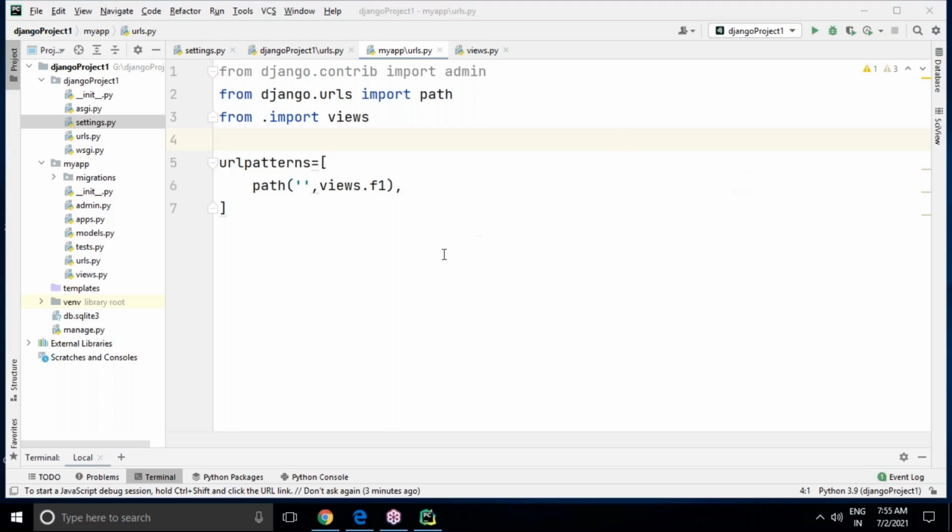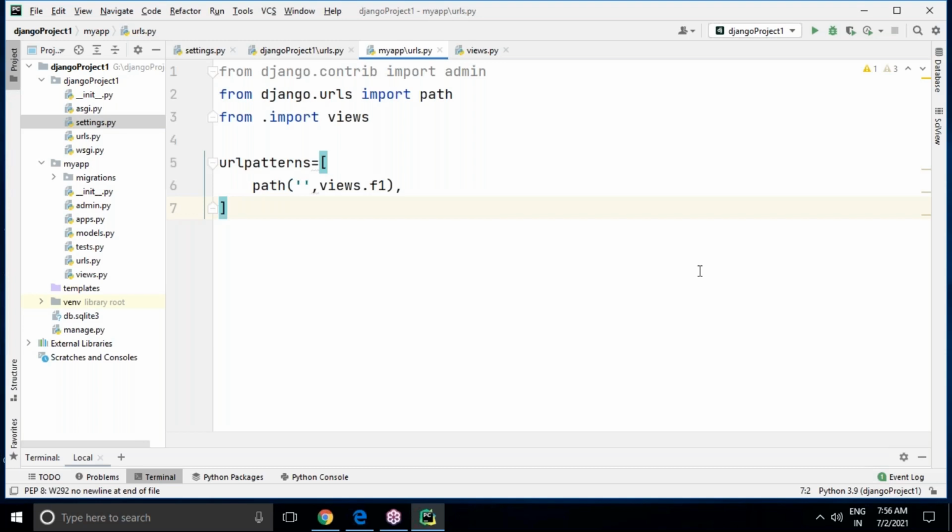Tomorrow's session will continue with how to work with multiple views in a single application, and how to manage templates, how to display a response in an HTML page. Right now I'm not going to display the response directly in HTML templates; later I'll create them. Once I've worked with templates and views, later we'll introduce models, meaning database connection. I'll discuss it completely.